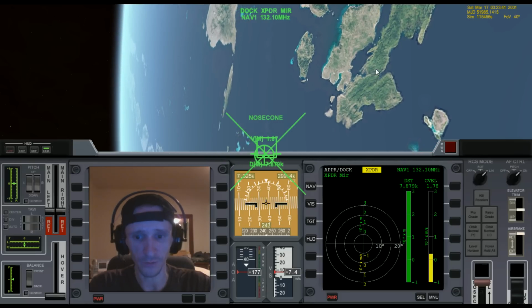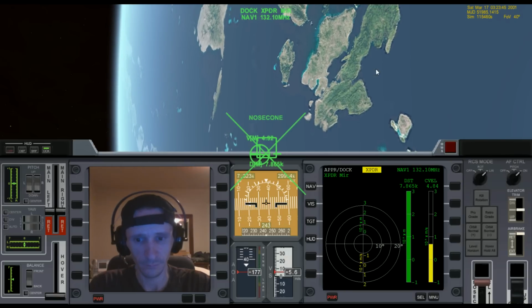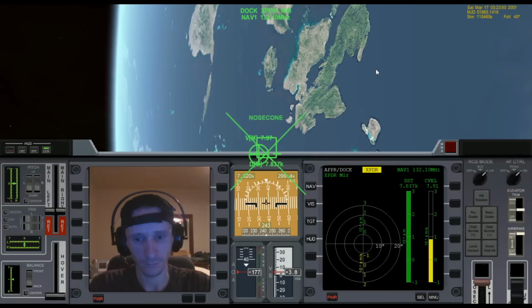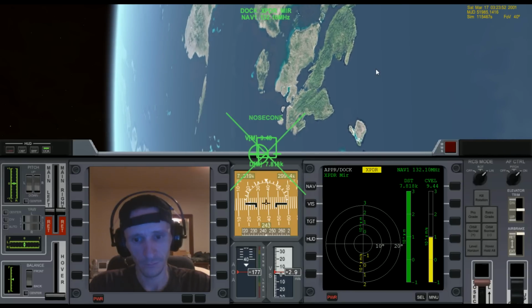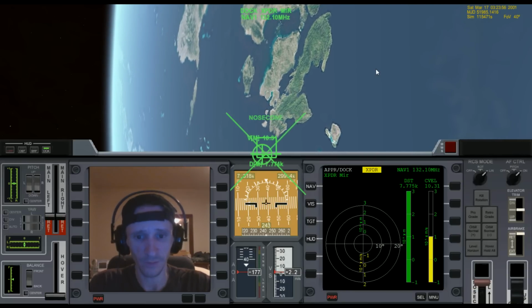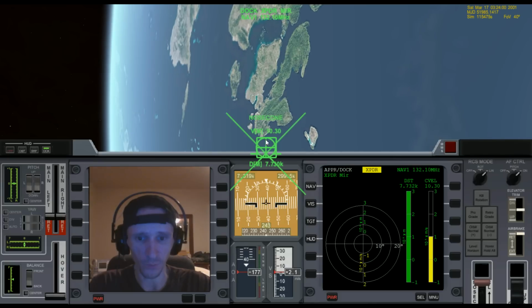Add a little more, or else it'll take forever to get over there. Say 10 meters a second. It's going to have to be good enough. And we'll just keep that velocity vector, that bullseye looking thing,